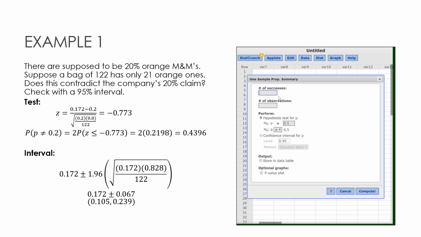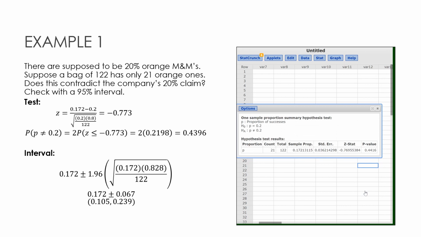Remember that p hat was 0.172, but I'm looking at the number of successes, so 21 out of 122. My test, if I want to do my test first, my hypothesized value was 0.2, and again I was looking at not equal to being my alternative, so I compute, and notice I get 0.4416,